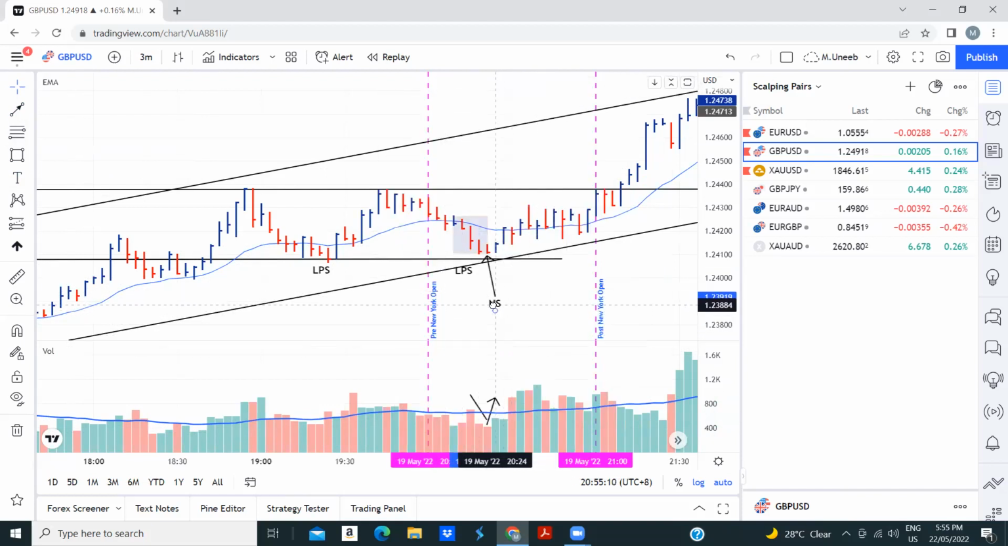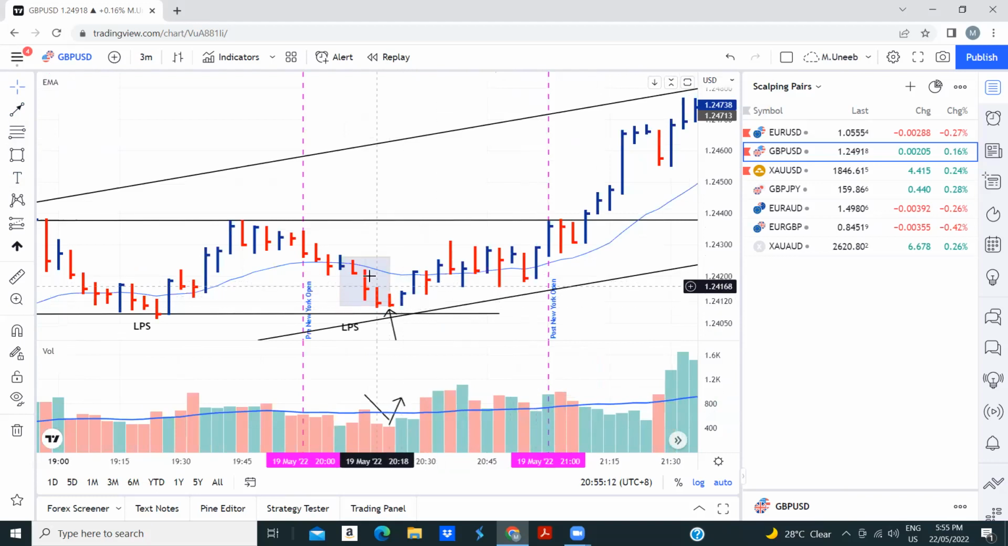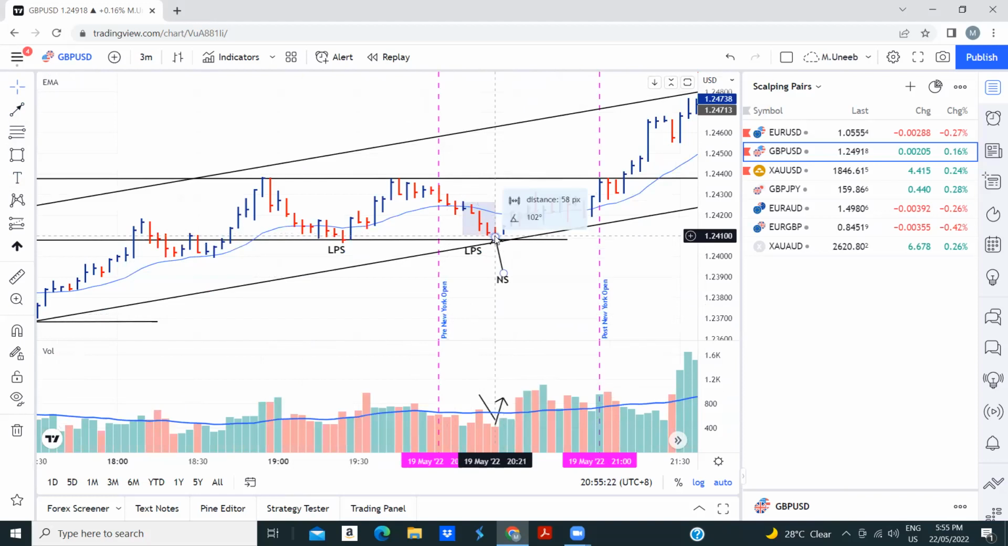Okay. At this no supply, the next part, because we don't know where this no supply will end, right? It can go further down. So we cannot take a trade because we don't have any entry point. We don't know where to place a stop loss. If we take the trade right over here, we don't know whether to place a stop loss here, because we don't